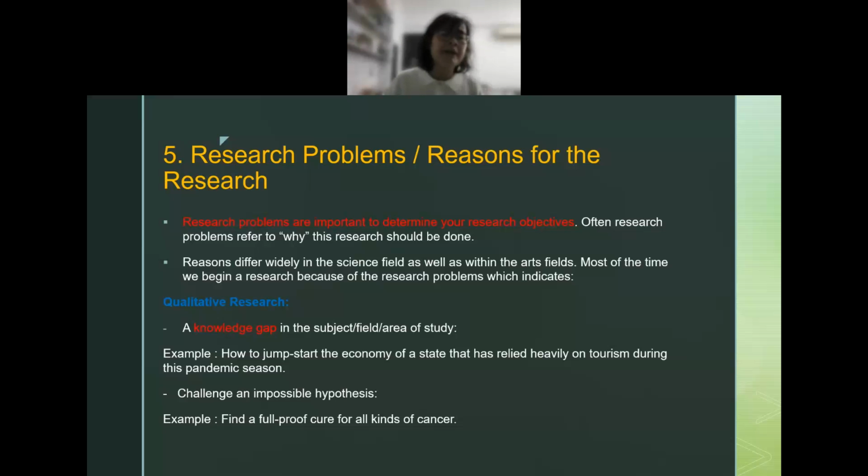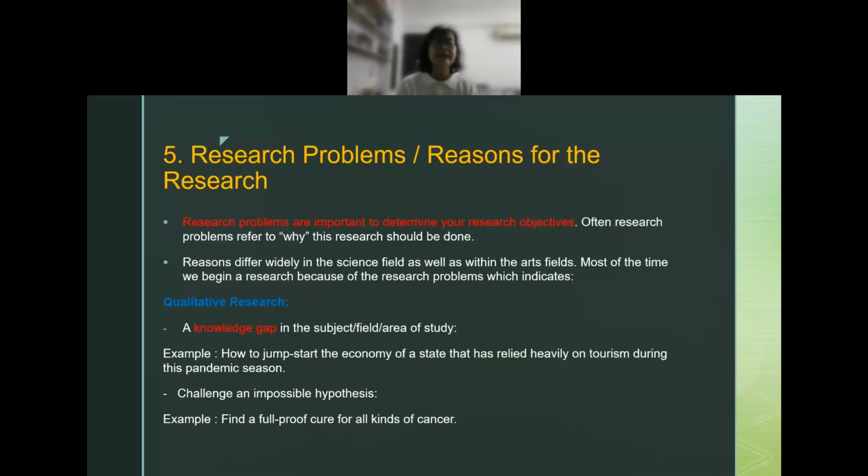For example, how to jumpstart the economy of a state that has relied heavily on tourism during this pandemic season. Okay? Or you have to find a foolproof cure for all kinds of cancer. That is one also. So these kinds of examples are all about knowledge gap.